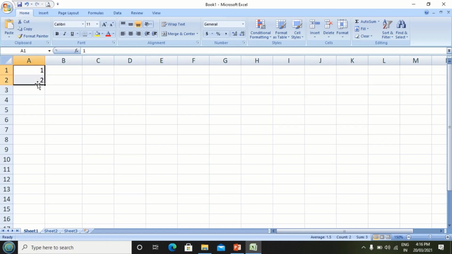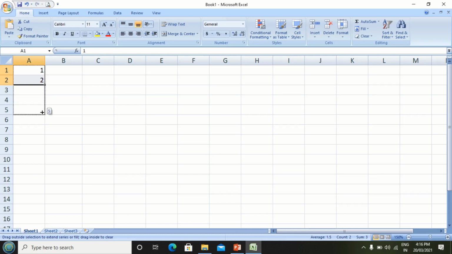Once you have selected these two adjacent cells, see in the selection area at bottom right corner you can see a small square. This small square is called fill handle. If you move your mouse cursor over this fill handle, your mouse cursor changes to thin plus button. Then hold your left mouse click button and drag your mouse downwards.